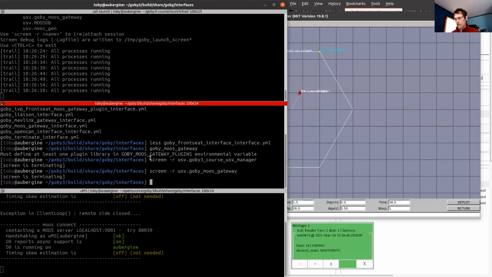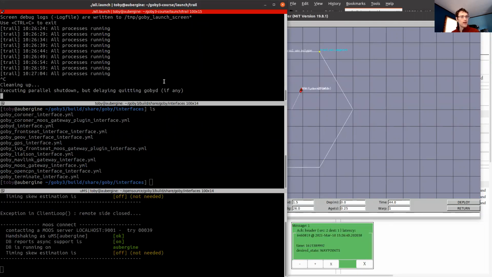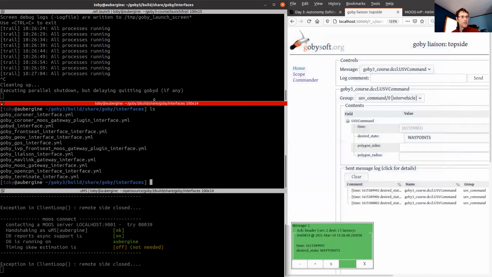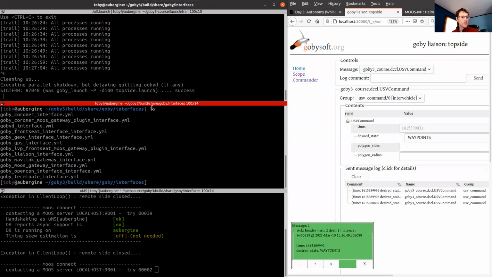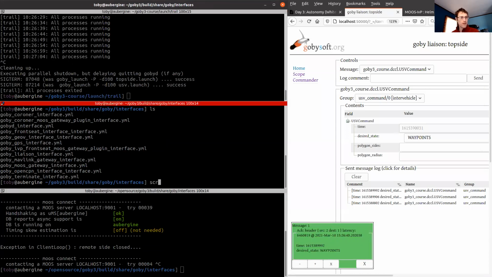Let's look at the configuration generation here, make sure that looks right. Also make sure we don't have any extra screens kicking around.